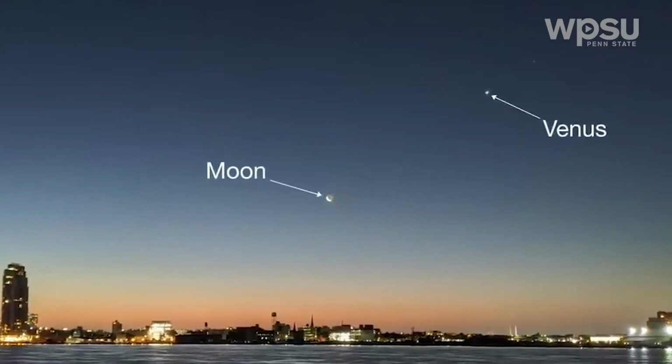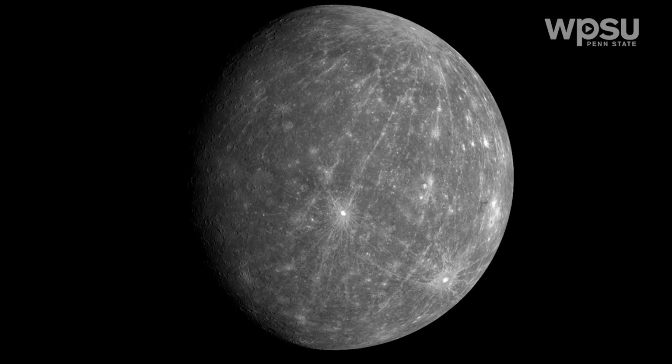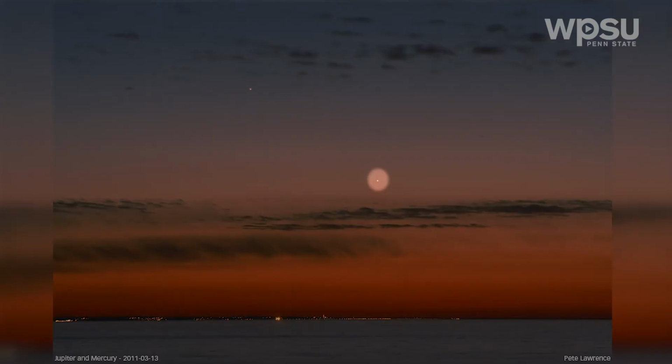So the planets that are easiest for us to see are Jupiter and Venus, because the two of them are really bright in our sky. Venus is so easy to see, a lot of times people have seen it and not realized they've seen it. So Mercury, it is visible to just your eye, but Mercury's one of the hard ones to see with just